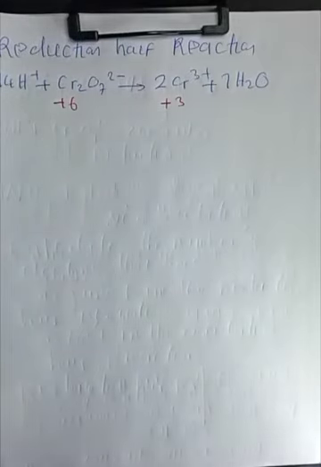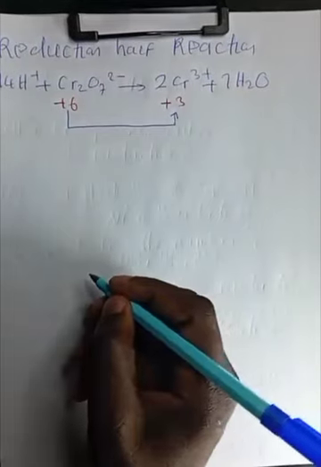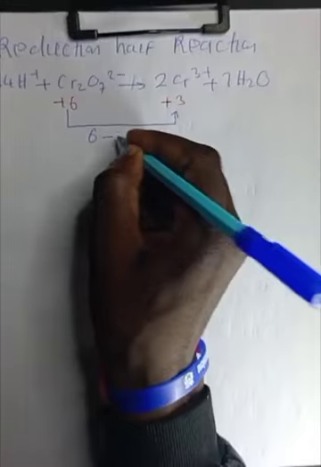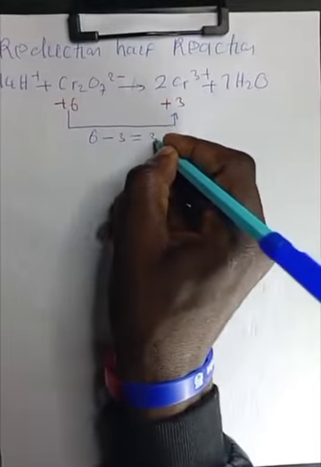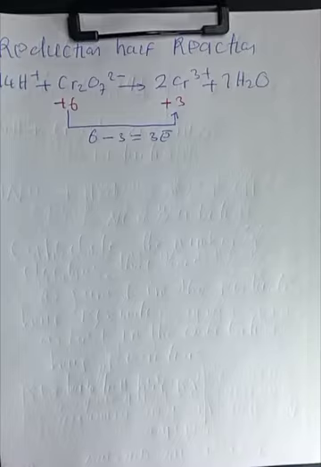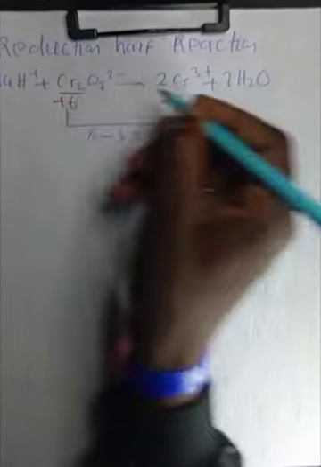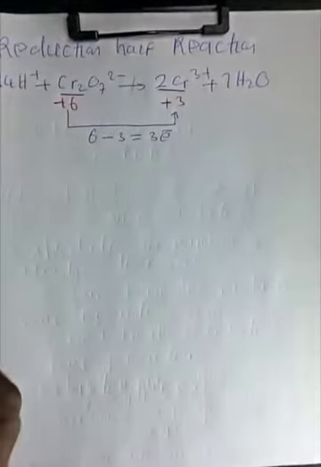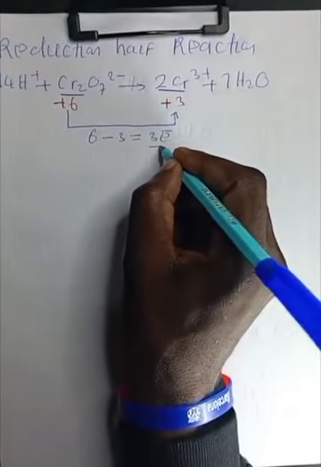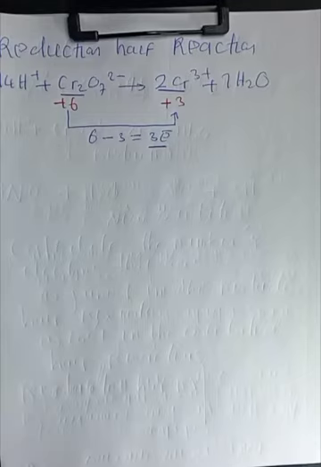So now you have to compare the difference, so you have to subtract. What is 6 minus 3? So 6 minus 3 is equal to 3 electrons. But this is where your friends make mistakes, because they don't pay attention to particular details. We have 2 chromium here, 2 chromium there, meaning that these 3 electrons that we have calculated are the ones that were